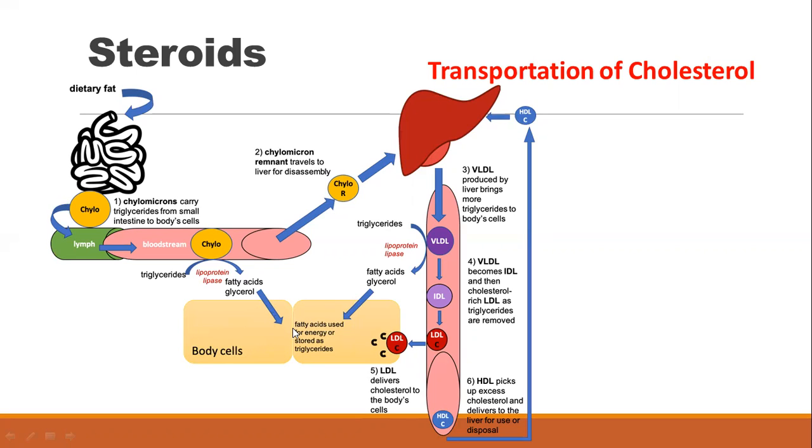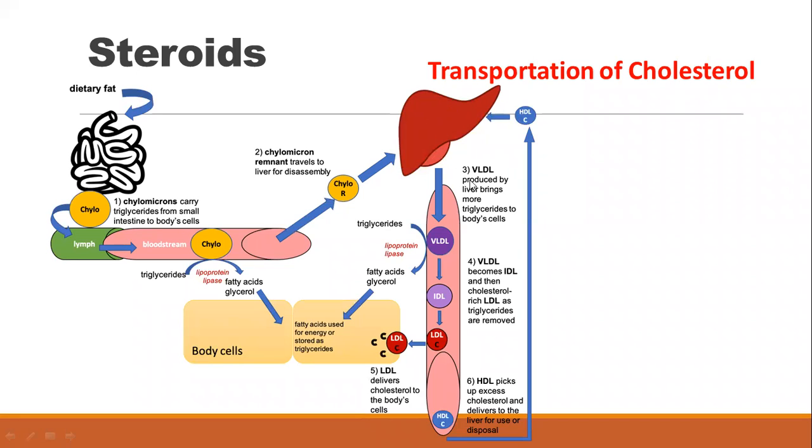Now, the body cells, and again, from when your chylomicron converts triglycerides to fatty acids, the chylomicron remnant travels to liver for disassembly. So it goes to the liver, the chylomicron, for disassembly of your fatty acids, triglycerides,